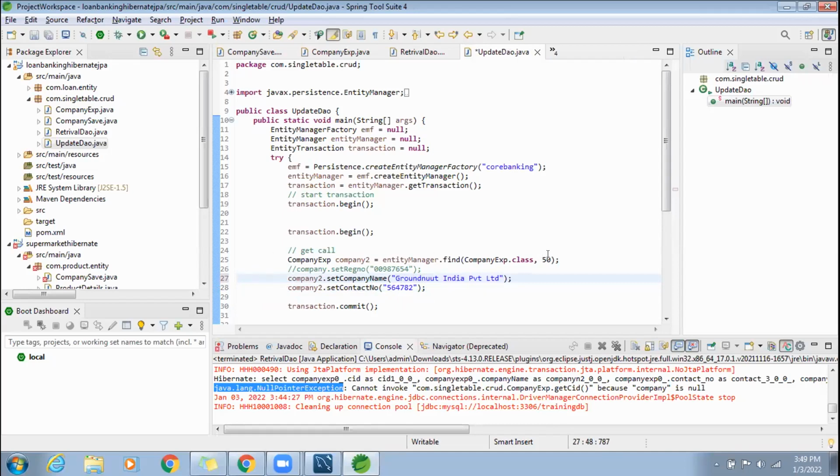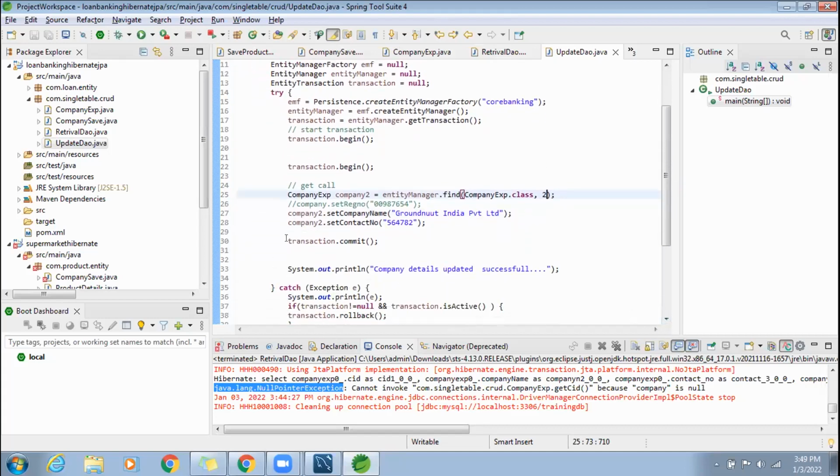What should be your ID? Gingerly oil ID is 2, I think, right? Yes, sir. So now what we are going to write: we are going to pull the record of who has ID as 2, and we are going to change the company name and contact name. That's all. Begin, commit, see commit transaction. Come down a little bit.